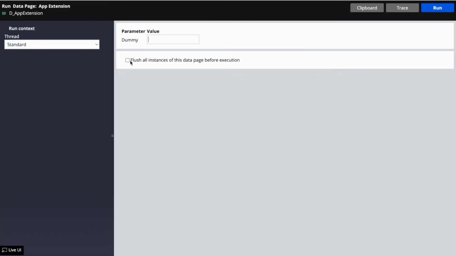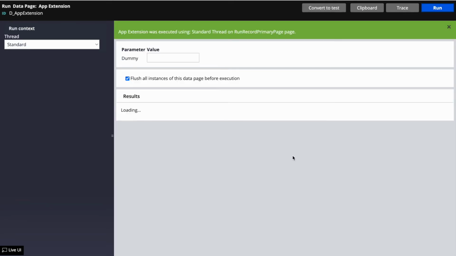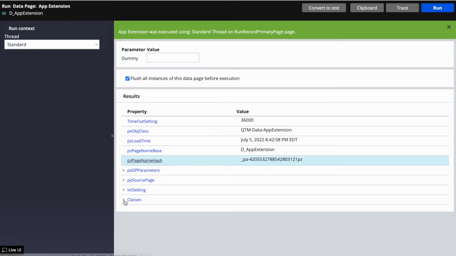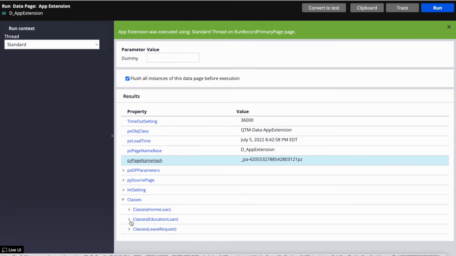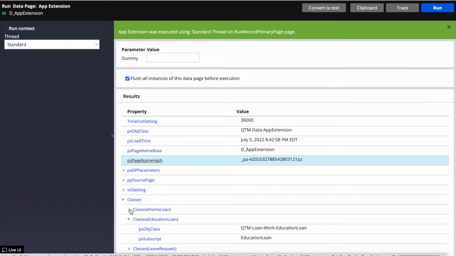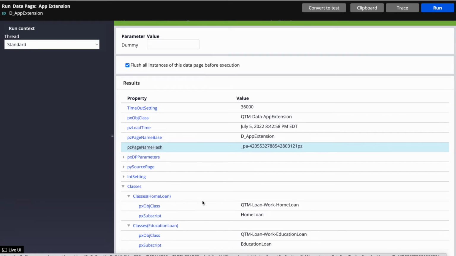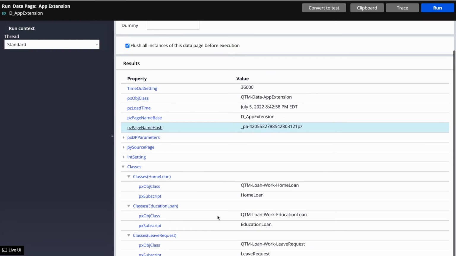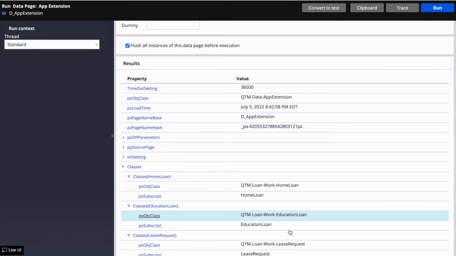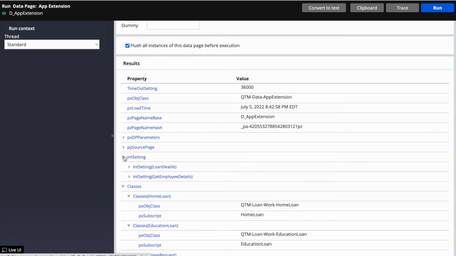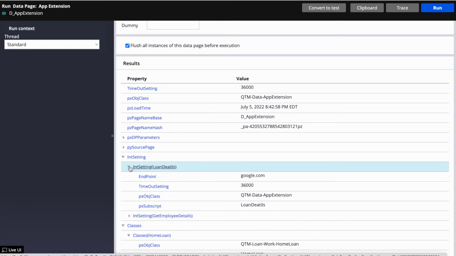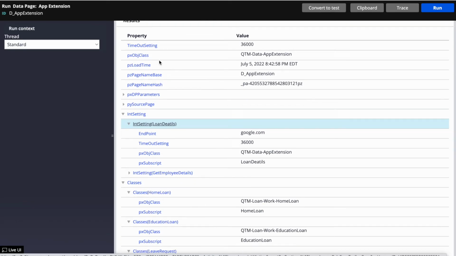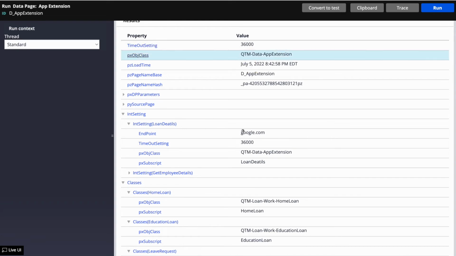It will ask for one parameter, so we will not pass anything, we'll just run it. If you see here, we got classes. Inside classes you can see we got home loan, education's loan, and this one, and inside that we have the value. So we have the value of the pxobj class. And then here we have education's loan, where we have leave request, and for int settings you can see that inside loan details we have the endpoint URL. So we set the endpoint URL and then the timeout settings, so we can use this one. This is another way, and then we set one individual property, timeout settings, also here, 3600 directly. So this is the third way